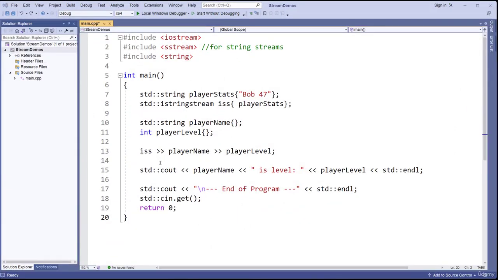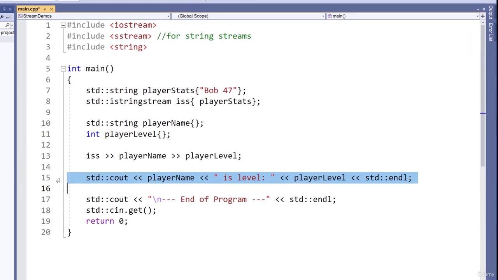Back in your previous example, it's the same thing with our string streams. The string stream has a buffer internally, and so we can do the extraction in this way. I would like to note that this does not actually modify the string that we associate with that string stream. So for example, if I copy this console output statement here,